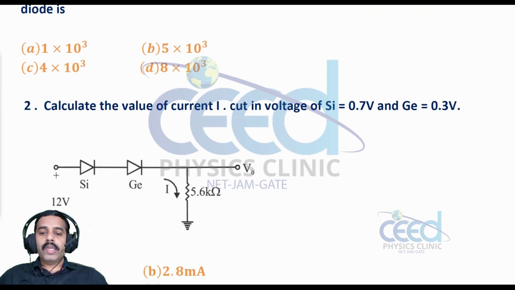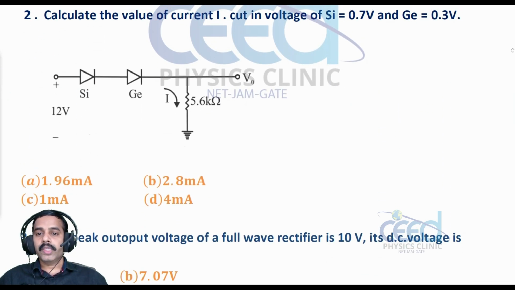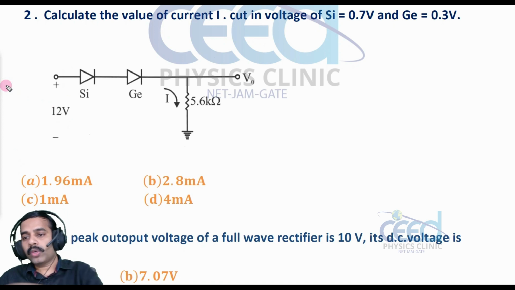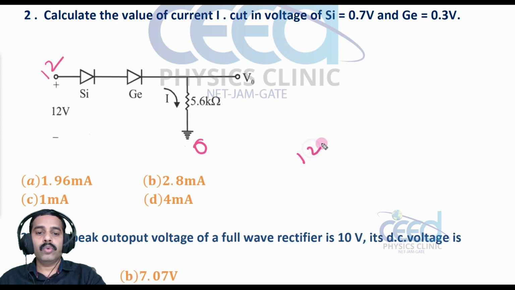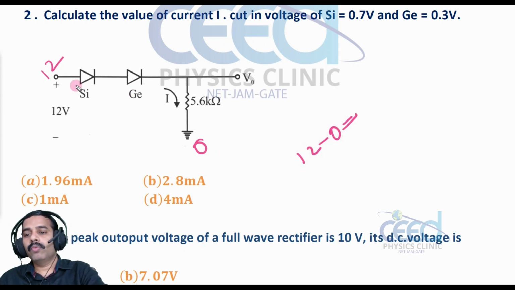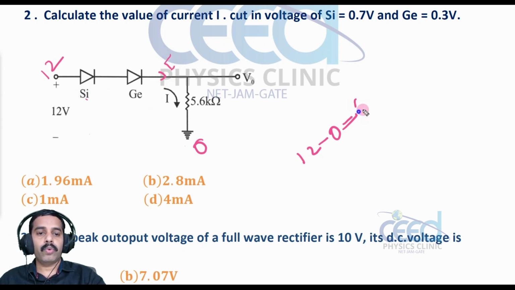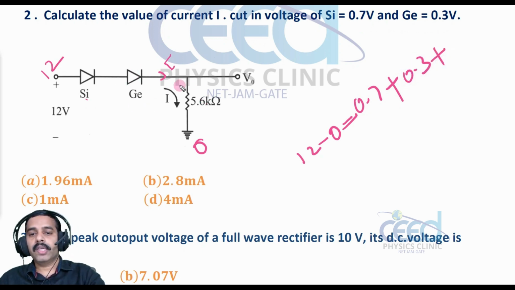Now let us come to another question. Calculate the value of current I. The cut-in voltage of Si is 0.7 volt and of germanium is 0.3 volt. Here we are giving a 12 volt battery, so the potential here is 12 and here the potential is 0. So 12 minus 0 is equal to the voltage drops. Suppose the current is I: the Si drop is 0.7, plus the germanium drop of 0.3, plus I into